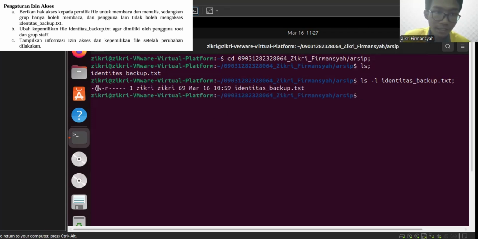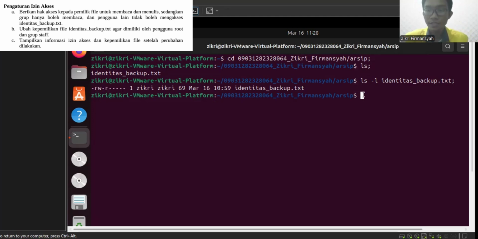As we can see in this value, identitas_backup has read and write for user, and only read for the group, and nothing for the others. This is already the same as the question, but I will explain how to change the access permission of a file or directory.